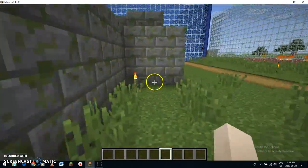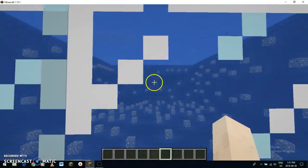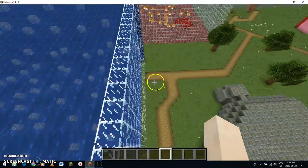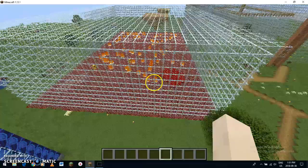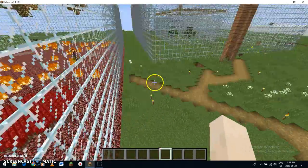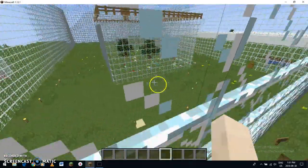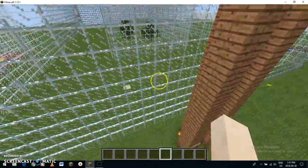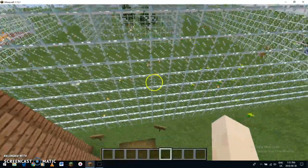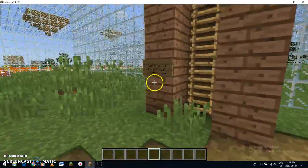And unfortunately, I'm probably not going to have time to finish this whole area, but here, I don't know why all my creatures are despawning. But yeah, apparently this enclosure is empty because they all despawned. At least my blazes are still here. Yeah, so I've got my blazes, and that was an attempt to mimic the nether. It was as good as I got. This is my creeper area. Gardener is my creeper, and if you're wondering why I set up an extra layer, it's so that no kids would just go in and touch the creeper, and then he would explode, because he would do that even